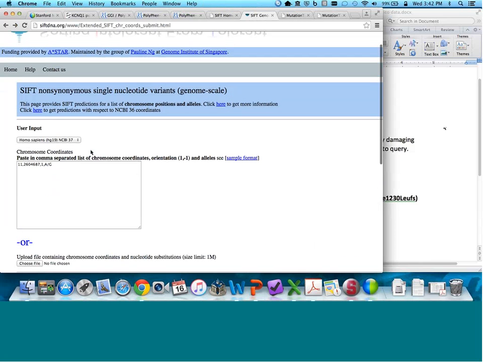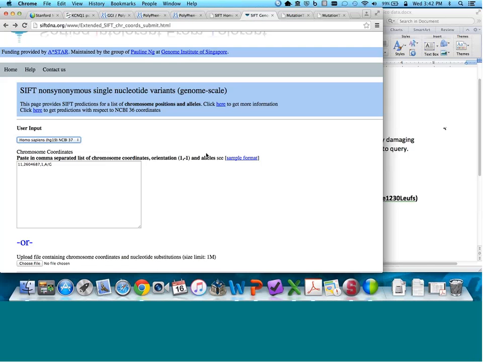And then basically your input would be in this box right here. I find it very helpful to first double check you're using the same human reference sequence, or the human reference build, that the laboratory used. Right now, that's pretty much universally HG19, but just something to keep in mind. Make sure that it's defaulting to the correct human reference sequence that was used by the laboratory when they classified